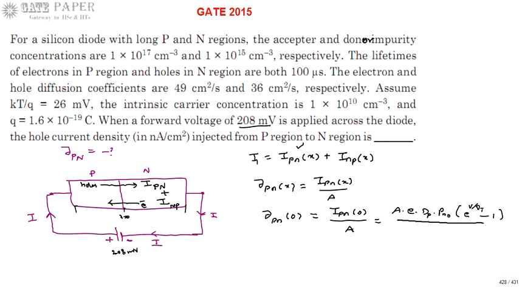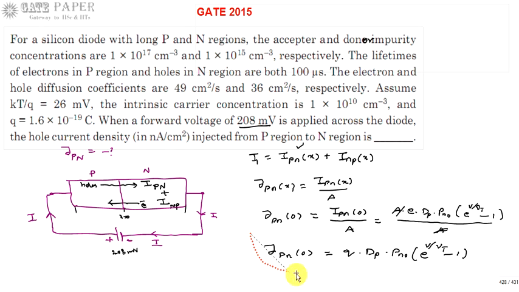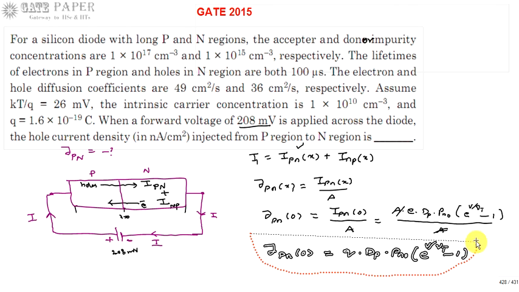This is what IPN of 0 divided by A. A and A get canceled. What you are getting is JPN of 0 is equal to Q, the charge of electron, into DP into Pn naught into e power V by Vt minus 1. This is the current density equation, that is the hole current density which is injecting from P to N side. Now we are going to substitute the values